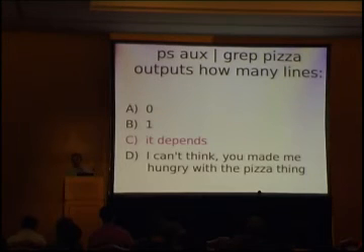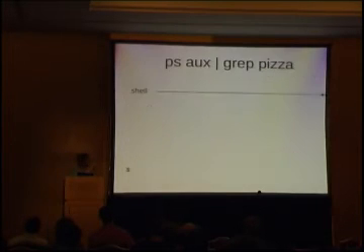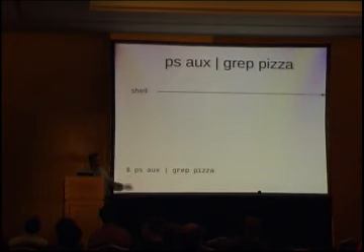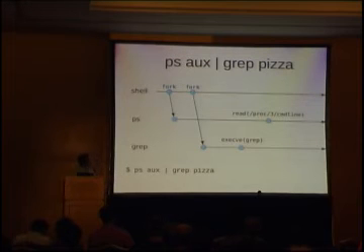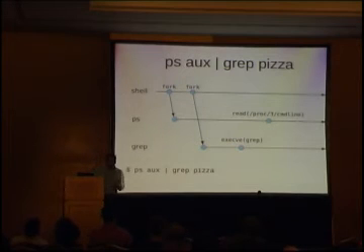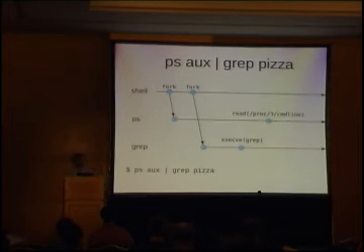And I'm going to explain to you why by showing you what happens in the background. So you're sitting in front of your terminal. You type the command. And the shell is going to fork ps. Then it's going to fork grep. And eventually, grep will execute the execv system call to load the grep binary. Meanwhile, the ps process is going to read the /proc command line of grep. So in that situation, the read command line is going to be grep pizza, meaning that we're going to have